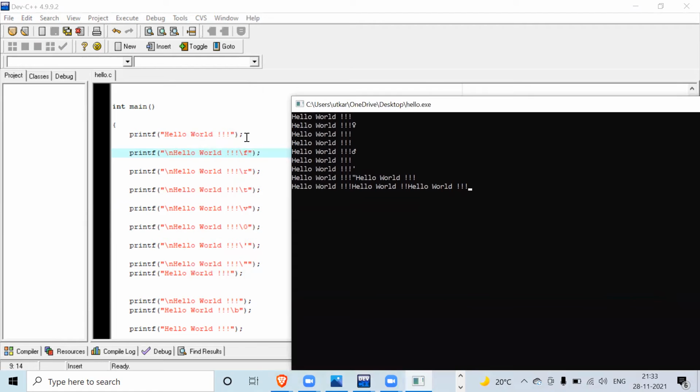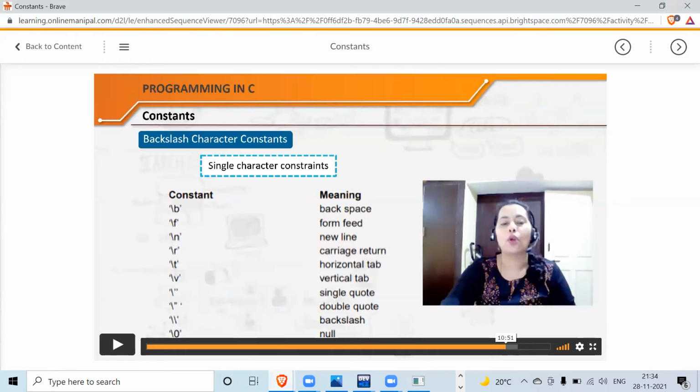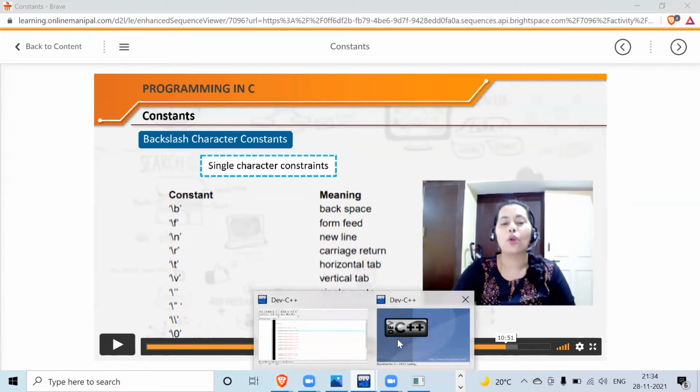Okay, now see, first line, it's hello world. It's printing hello world. Now see, we use this \n. It means new line. After this, the second output will come in the new line. This line will skip, new line. What does \f do? It will give this symbol. Next, we came to another line, and that is hello world \r. What does \r do? Definitely it does something for sure. \r does carriage return. Okay, it does something. We will have to use this on the last one to see what it does.